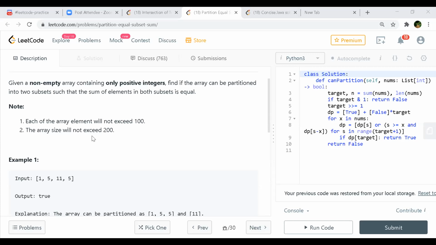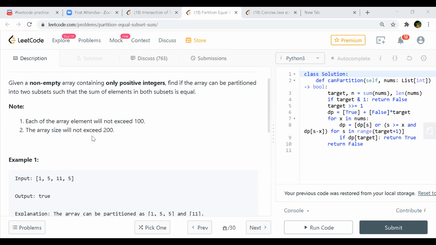It says positive, and zero is neither positive nor negative, so I don't think it will be included. Each array element will not exceed 100, and the array size will not exceed 200. So there is nothing about overflow that we need to worry about. Most of the clarifications are done, like the positive part is given.